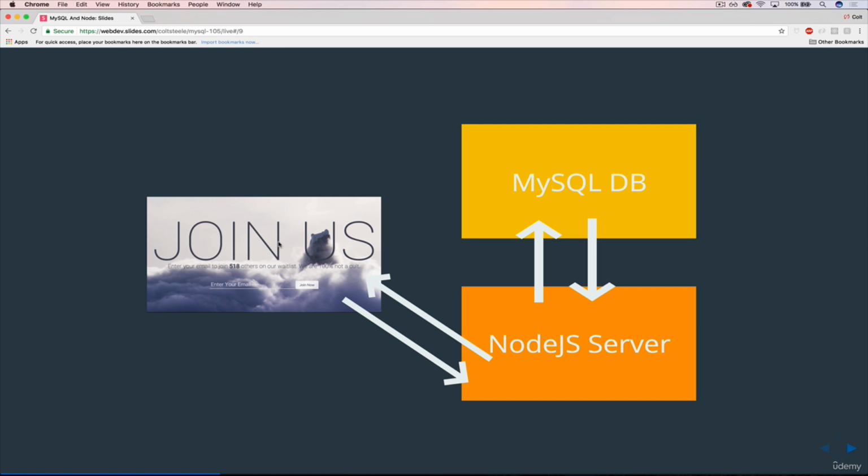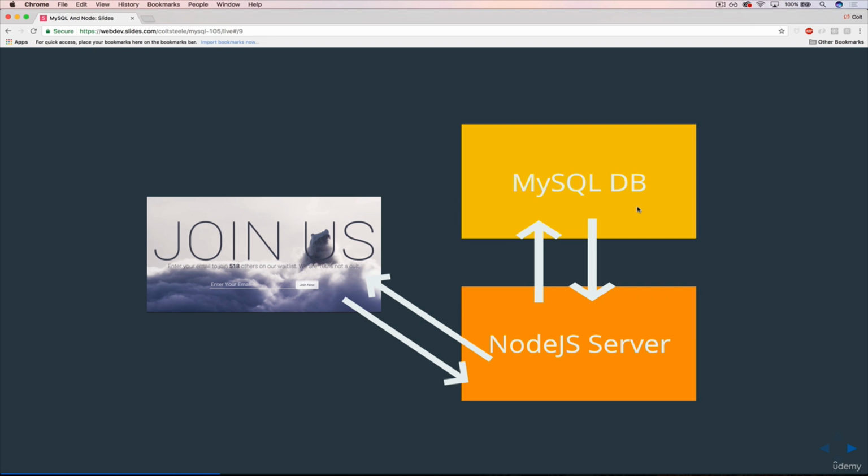Roughly the same thing happens when I enter my email and I click join now. I'm sending my information, my email, to the Node.js server with a message basically saying, I want to add this. I'm signing up. So then my server says, oh, this time this person is trying to sign up. They're not just asking for the homepage. They're trying to sign up. Okay, MySQL, I'd like to insert this user with this email address. Then MySQL will say that worked, or, oh, we actually already have a user with that email, so we can't do that. Or